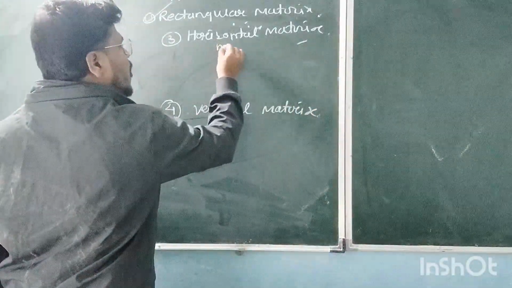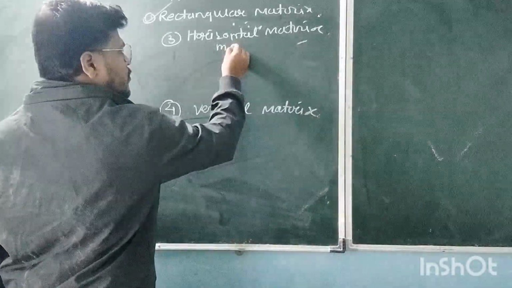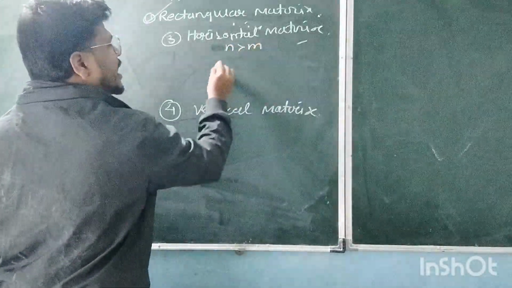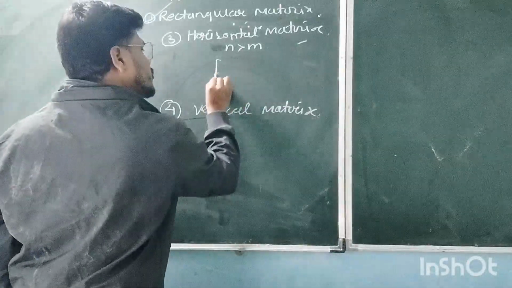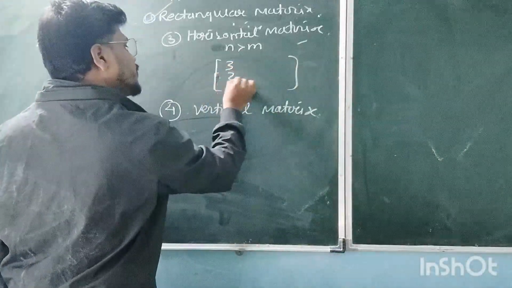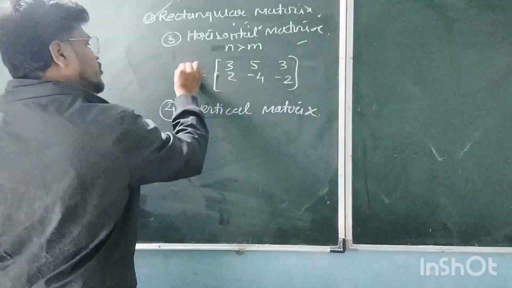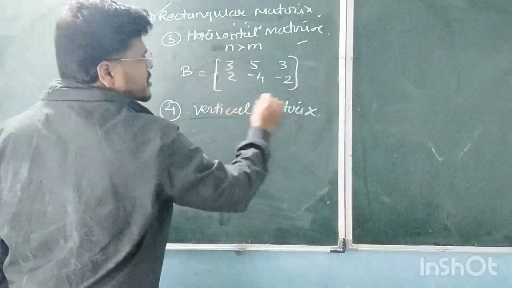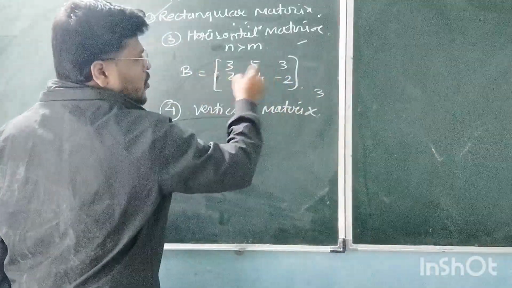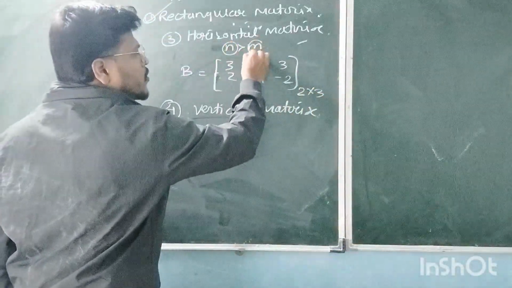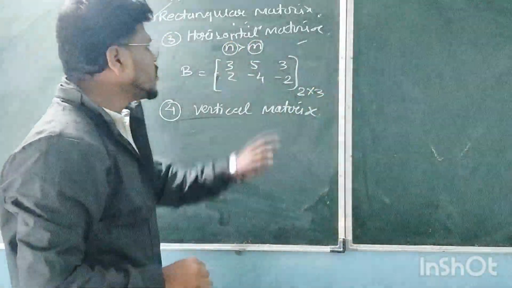If the number of columns is greater than the number of rows, like that: 3, 2, 5, minus 4, 3, minus 2. How many columns are there? 3. How many rows are there? 2. That is, the number of columns is greater than the number of rows, then it is called a horizontal